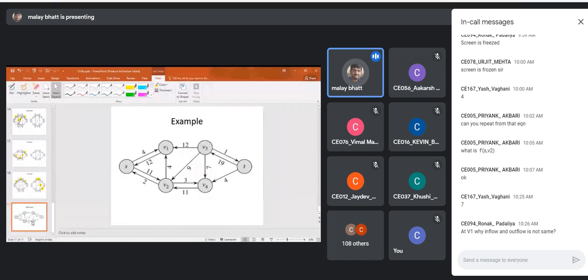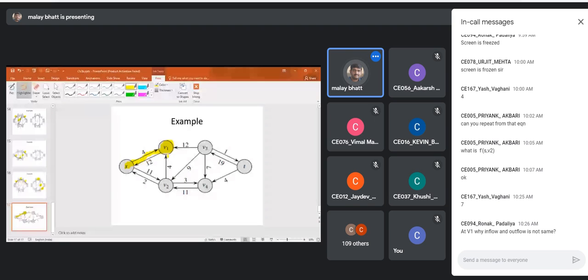So there is no augmentation path possible from source to T. You can check S to V1, then from V1 you will be blocked, because there are both incoming arrows. There is no outgoing arrow from V1. Clear? So this path will stop.